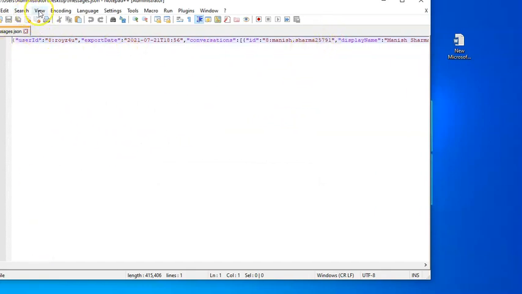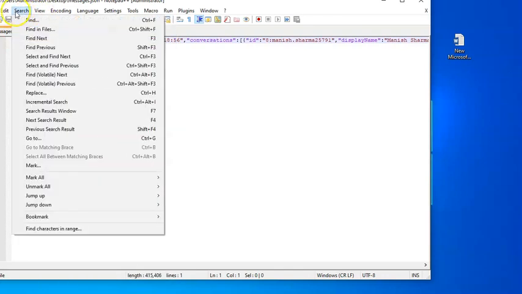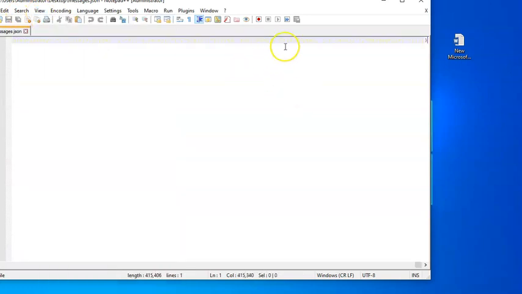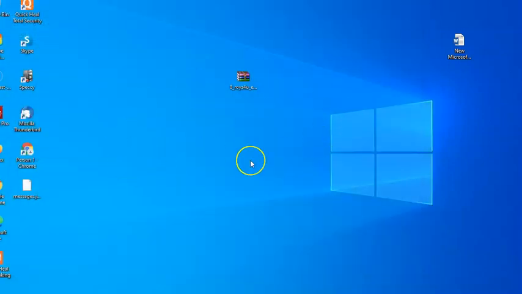So all you can see from here is a simple JSON file. No need to do anything to it as of now. Exit out. I just wanted you to have a look at it. And next,